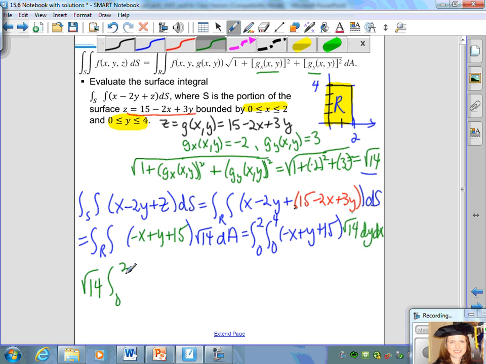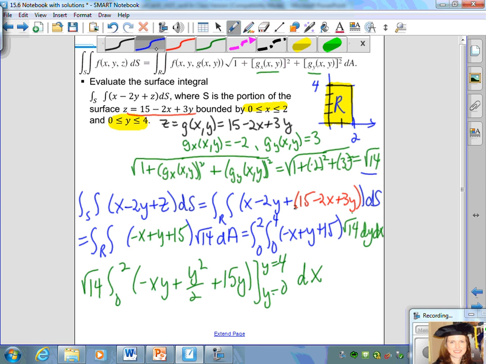We take the antiderivative of negative x plus y plus 15 with respect to y, and we get negative xy plus y squared over 2 plus 15y, and the bounds of integration are y equals 0 to y equals 4